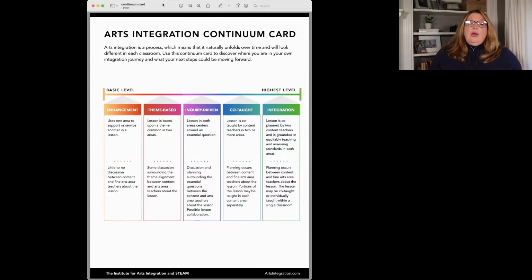Theme-based learning is when you have a lesson that is based upon a theme that's common in two areas. So a way this could look is that if I was doing a lesson on transformation, okay, I might take a look at transformation in math and take a look at rotation, reflections, and